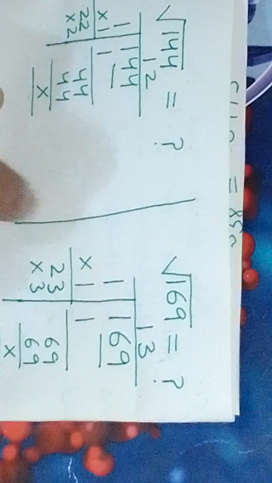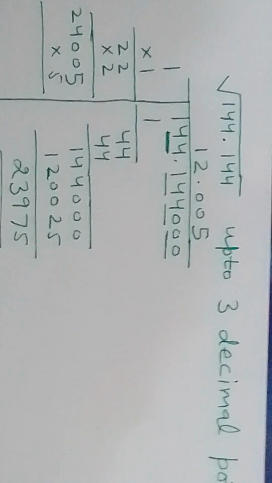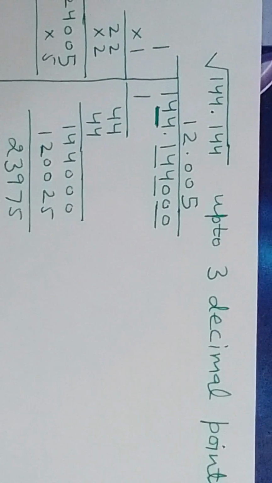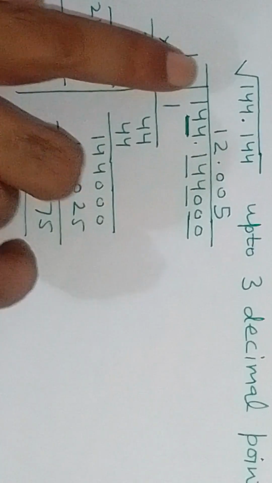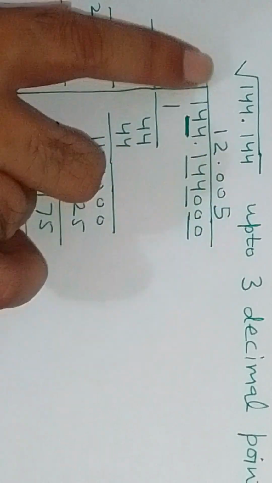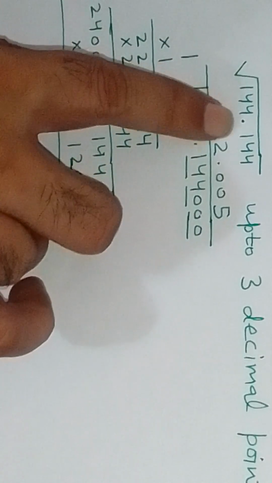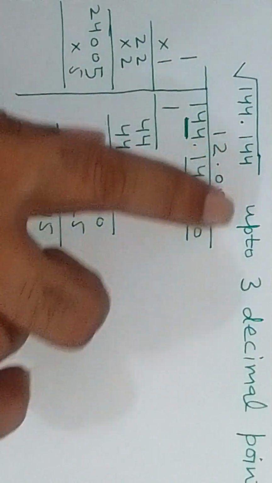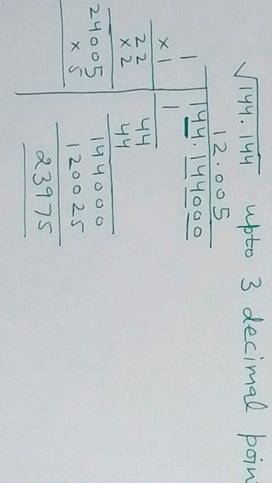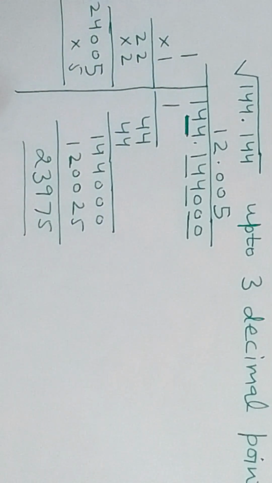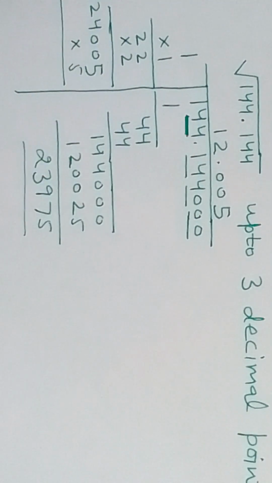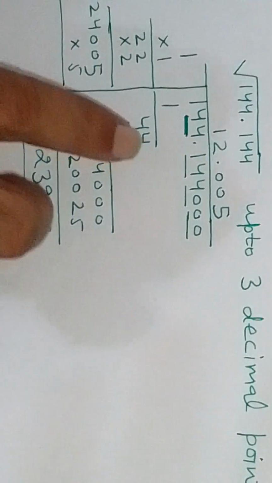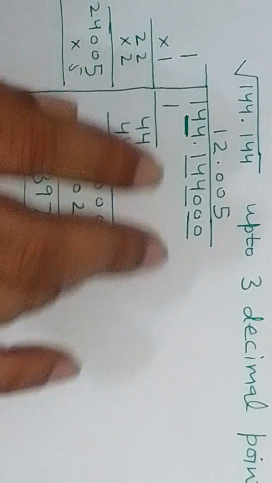Now let us take an example of a decimal value. Let us take next example, square root of 144.144 up to 3 decimal points. In case of decimal values, for example in this case, we have to find the value up to 3 decimal points. So we will make the pairs